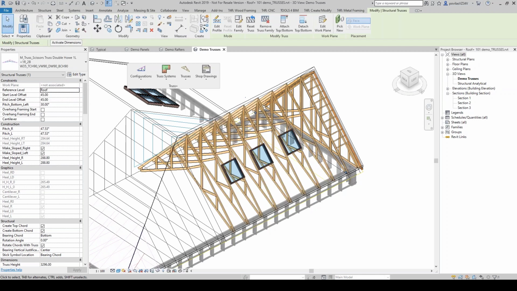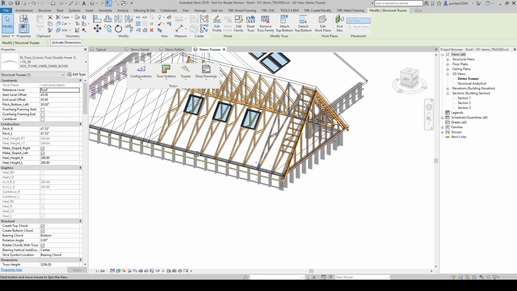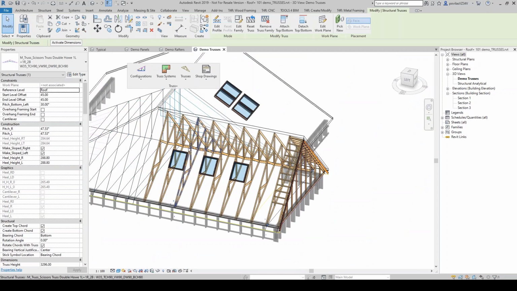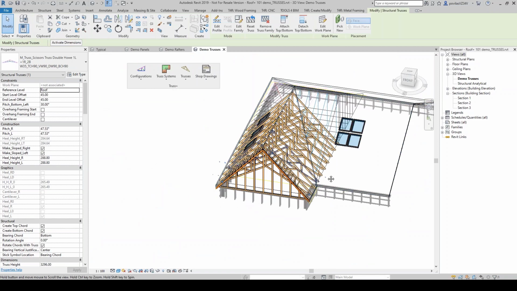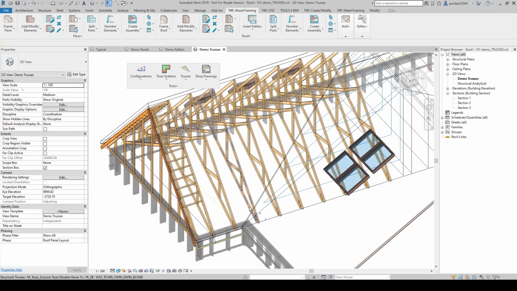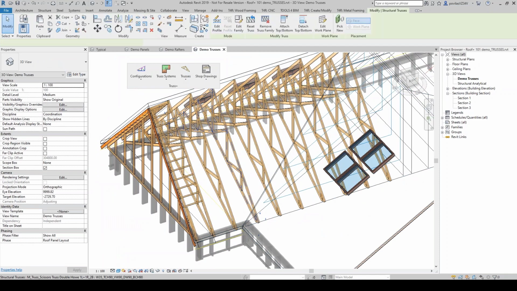Right, so there we have our scissor trusses and it kind of fits in nicely with windows. Those windows can of course be additionally framed. They would have to be additionally framed, but we can use Roof Plus to do that. Okay, and perhaps what I just need to do now, if I select that one truss